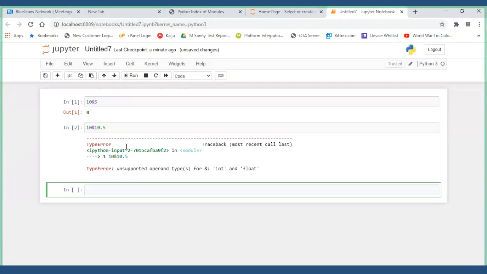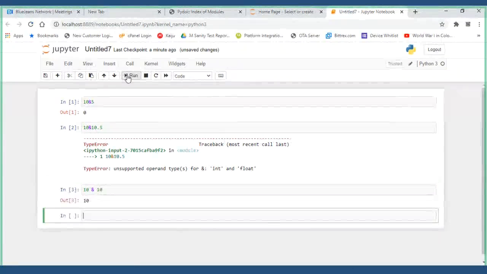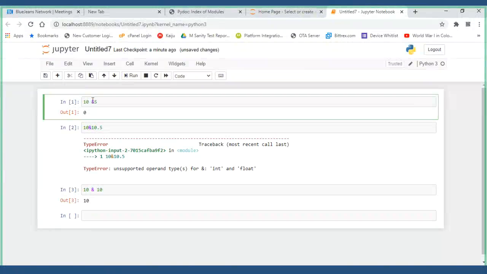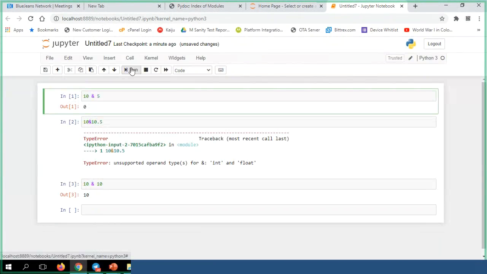So if you are trying to get the result, let me put it like this so that you won't have any confusion.